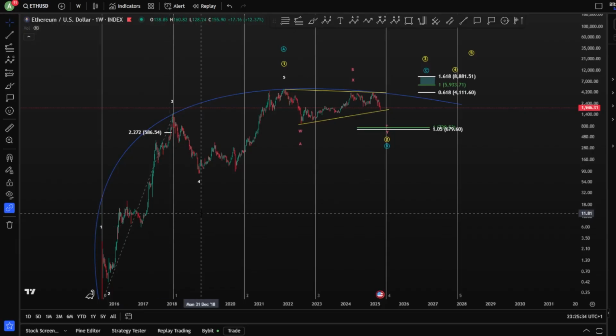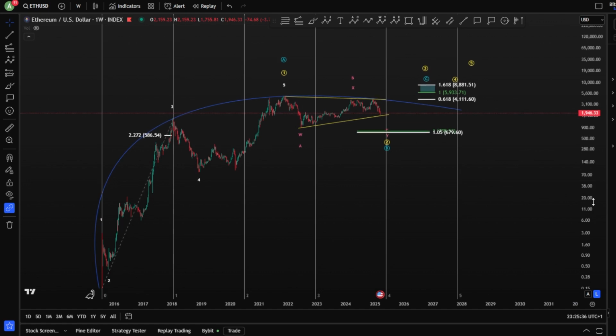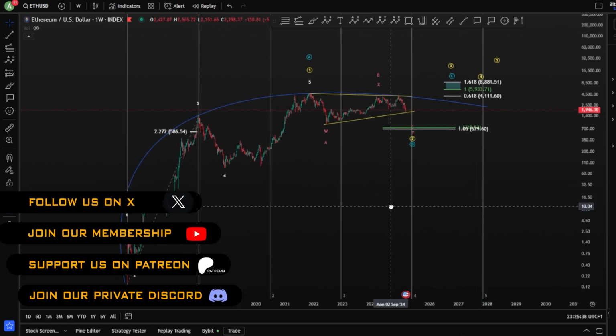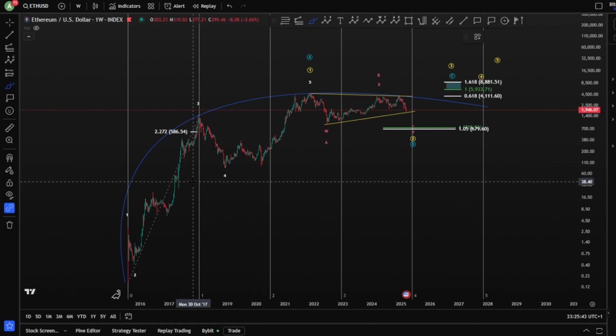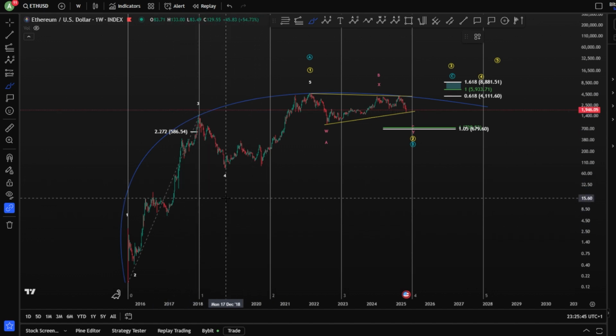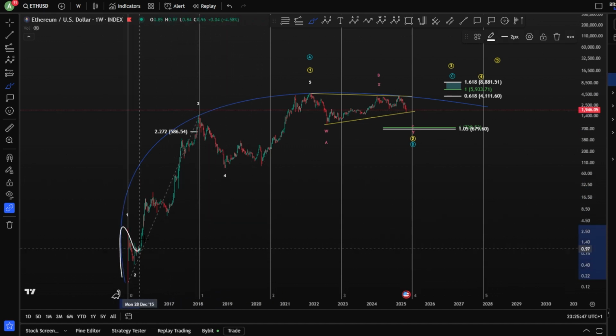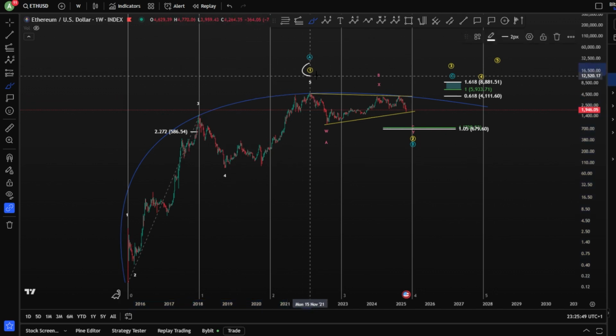Hello everyone, welcome to a new video for Ethereum price prediction based on Elliott wave analysis. This is a deep analysis. We're gonna start from the weekly onto the 1 hour chart to see the possibilities that we might expect for the next week. Starting here on the weekly, we have 1, 2, 3, 4, and a 5, finishing wave 1